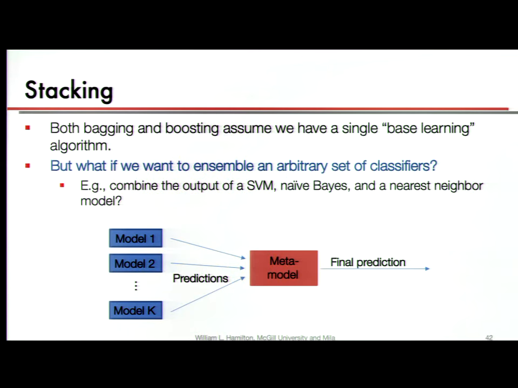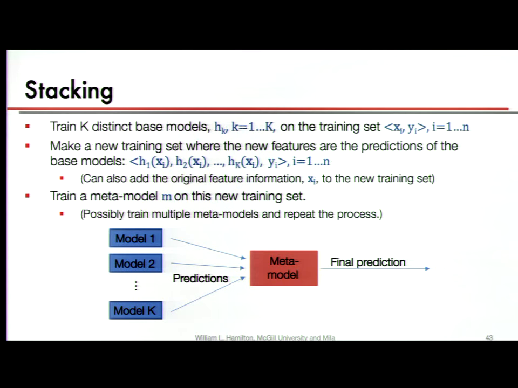Well, here the way that we handle this is using what's called stacking, and the idea is quite straightforward. All we do is we take the predictions made by k different models. Again, these could be any arbitrary model now. We're going to make predictions. We're going to combine these predictions using what we call a meta model, sometimes called a combiner, and then we're going to make the final prediction. So what is the algorithm here? Well, what we're doing is we're going to train k distinct base models. We could do this using whatever we want.